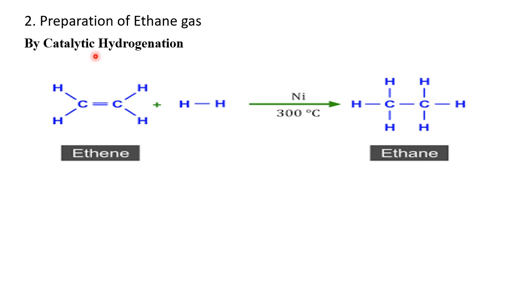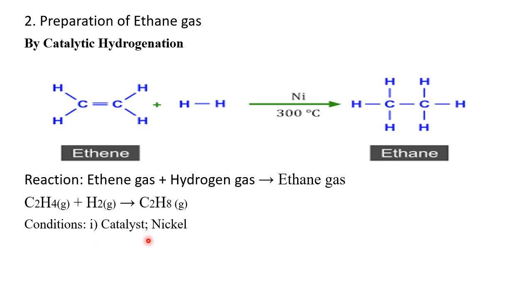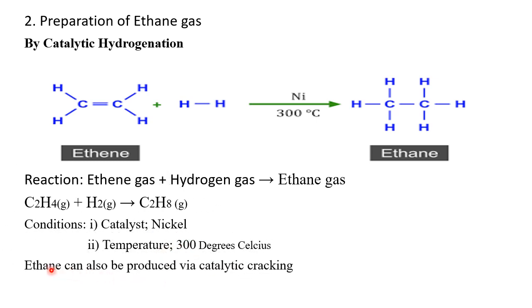Because remember, it is catalytic. Then another condition is that the temperature should be at 300 degrees Celsius. So this is the reaction, that's the chemical equation. These are the conditions that I've already mentioned. Then another thing is that ethane gas can also be produced via catalytic cracking. So we are going to look at catalytic cracking in part B of